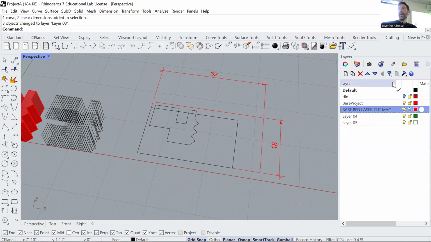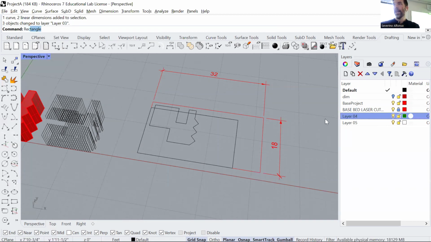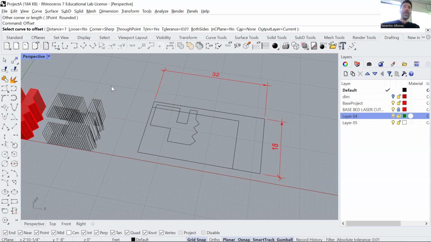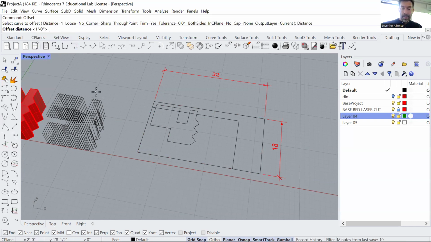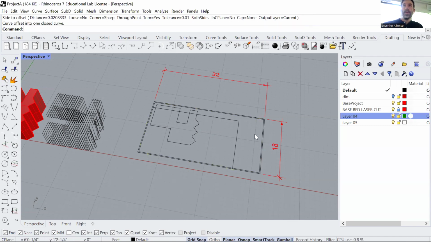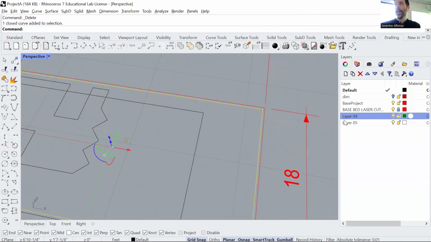Okay. So every time you come about it, you want to have that. You can use that again and again, making sure that's the one you're working with. Oftentimes, the people on the laser cutting will say, well, wait a minute, it's probably a good idea that you also leave a little bit of a space between the edge. So something like an offset. If you use a command offset, you say, I don't know, like a 1/4 of an inch, something like that. Maybe that's a bit too much, but that's gonna keep you a bit on the safe side, no? So you can call that something like safe area,